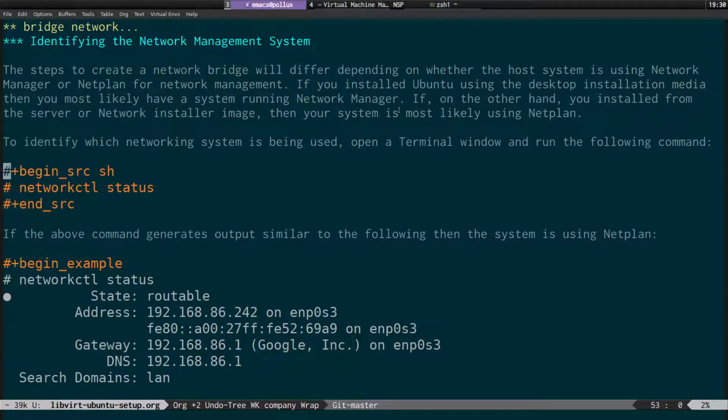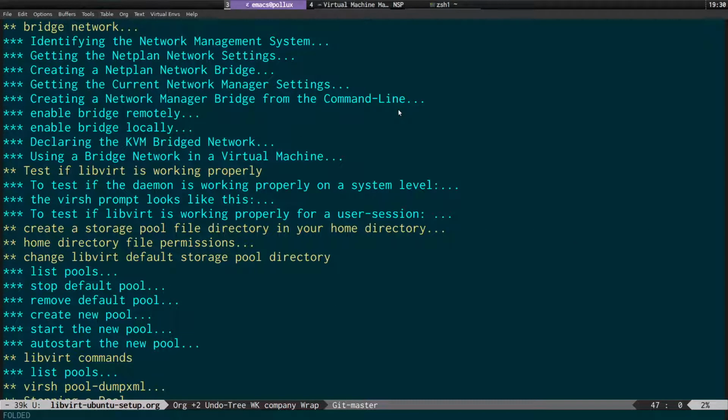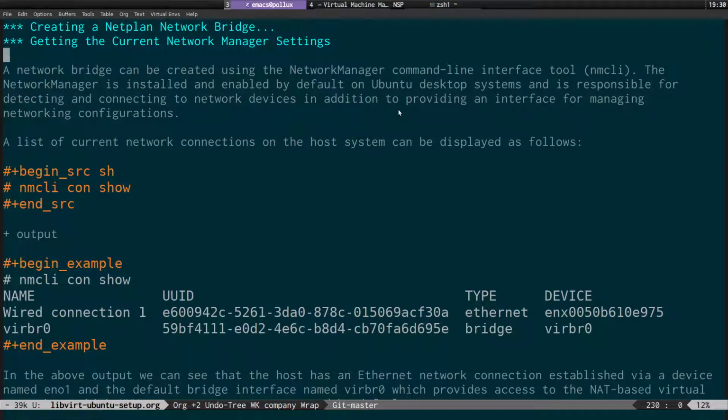So what I've got here is all the steps showing you whether you've got NetPlan or Network Manager, and how you can create a bridge network. So I can actually skip to, this is the information for NetPlan. Okay, so